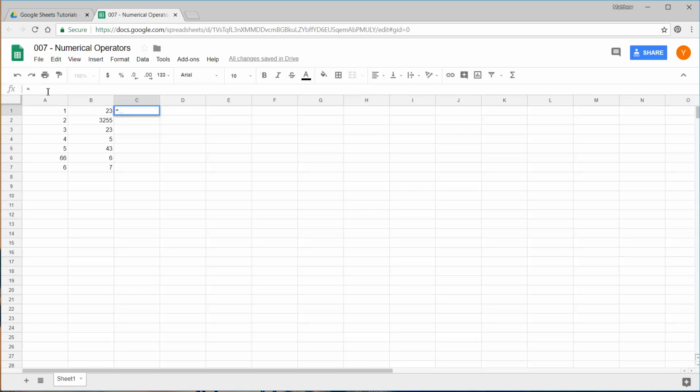So we start off with equals and then we're going to put in 1 and then plus and then 23. So we can literally just write it as if we were writing a sum on a page, and if we press enter, it's going to show 24. Now at the moment this is just always going to be 24, but if we change this to 22 it's not going to change. So what we actually really want is to reference these cells, and we do this by referencing the column and the row. So we're going to say A1